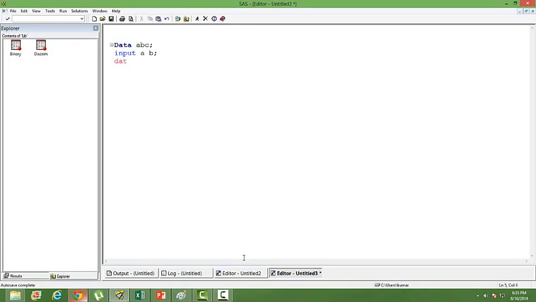Then I'll write datalines. Datalines means that after that the actual data or the values will follow. Okay, put a semicolon. After each line of the code, make sure you put a semicolon. Okay, 1 2. So 1 is the value for A, 2 is the value for B, 3 4.